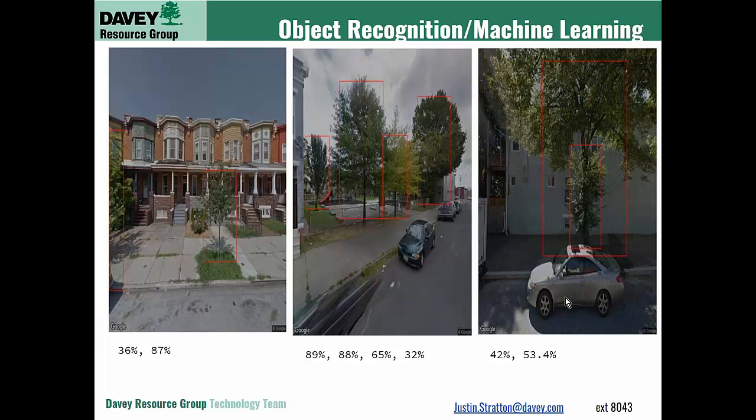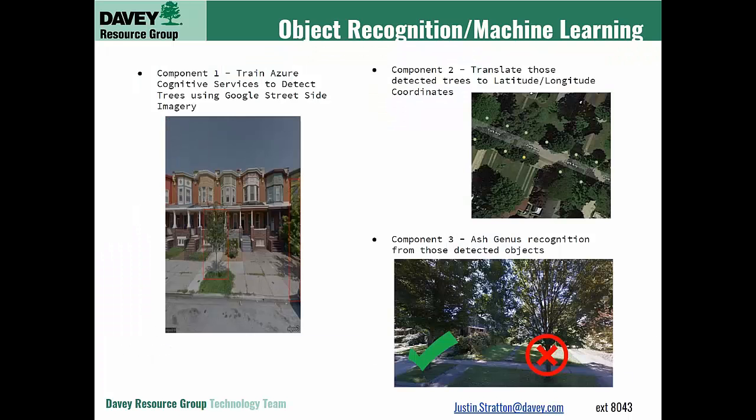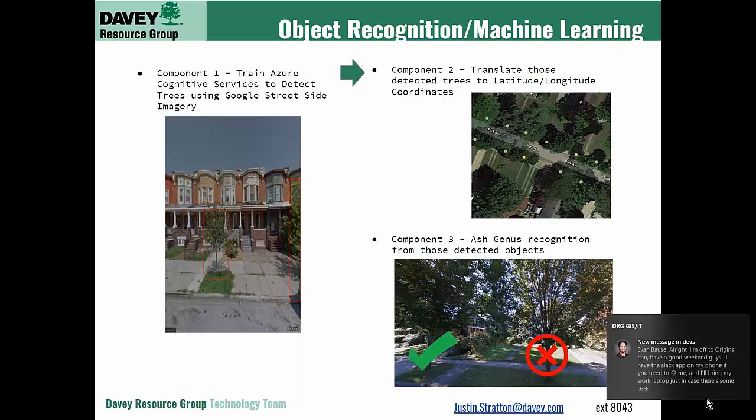And then the last image, we can see some of the risks inherent with this process. It was only 42% confident that the outside box was a tree, and then 53.4% confident that the inside box was also a tree. However, we know that the inside box is not actually a tree. Those are just sucker branches growing off the trunk. But we were pretty encouraged by what we saw. We felt pretty confident that object recognition, with some tuning on how we're training it, would be able to identify trees pretty accurately. So then we moved into component 2, which is translating those trees